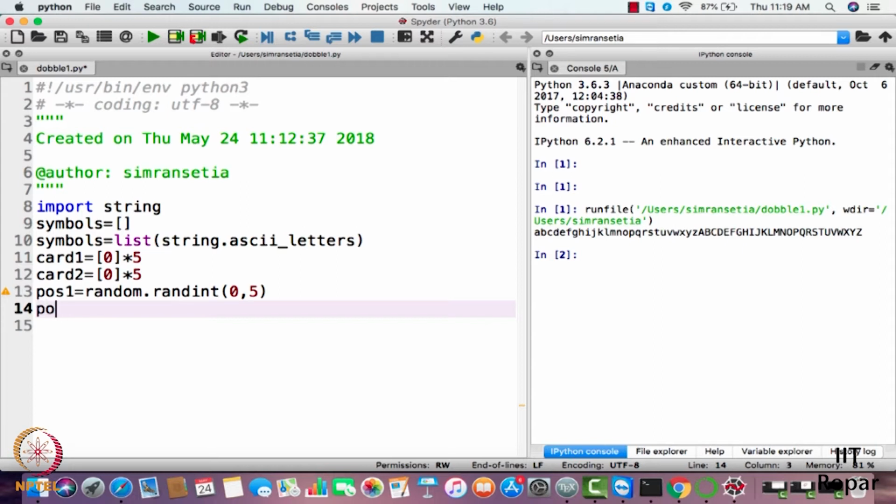Same way we can have POS2, so we'll have random.randint from 0 to 5.